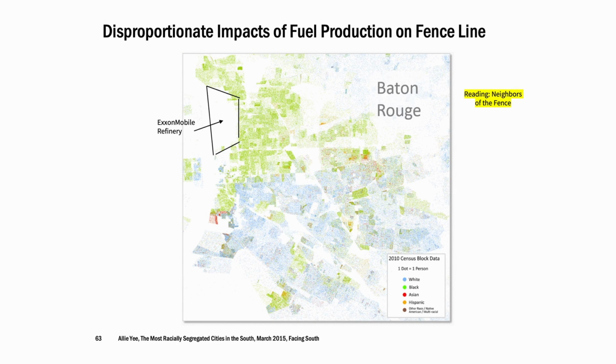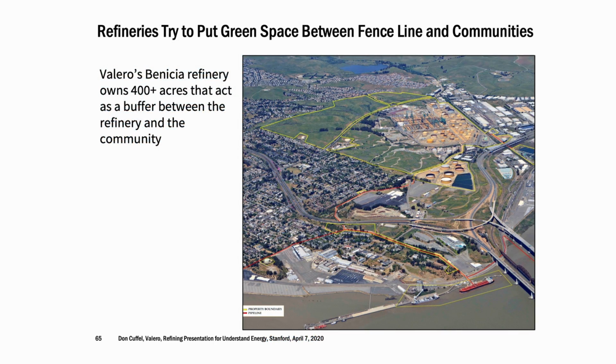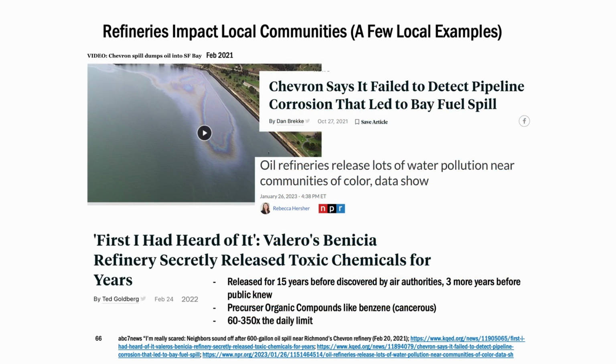And just to remind you of the fence line communities, Holmes talked about this, and you guys had a reading on it. Fence line communities, this is the one I worked at in Baton Rouge in the summer. There are impacts to land value and to the local communities, and you can see in Baton Rouge, it's very much segregated in terms of what communities are being impacted by the oil refineries. They often want a green or a buffer zone around them. You can see this at Valero to try to separate some of those impacts from the communities. But these are just some examples from local. We do have these impacts on our local communities. So it's just another impact of our oil system.